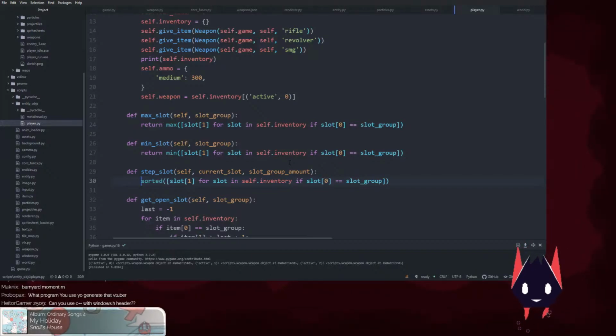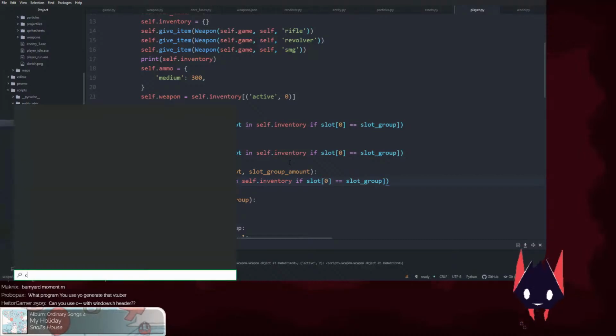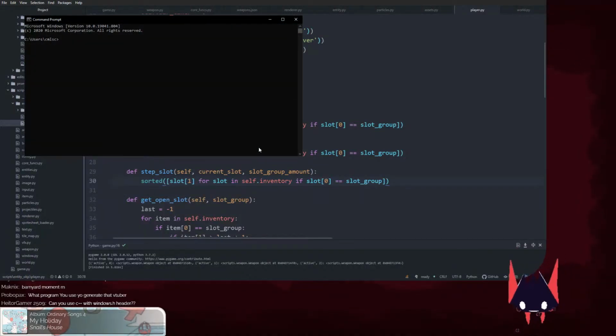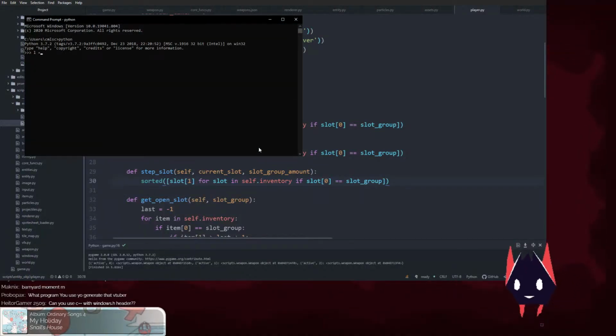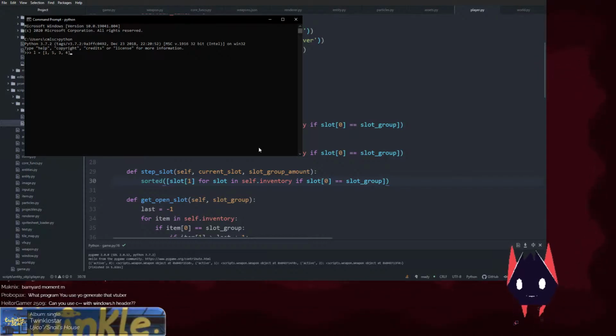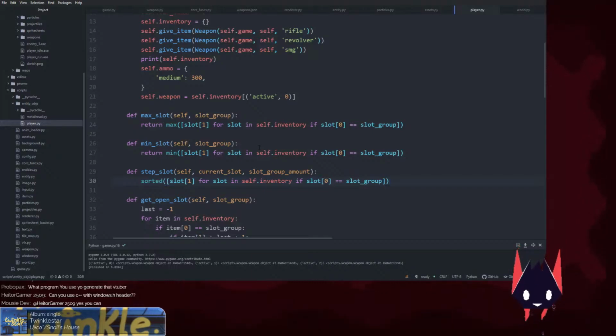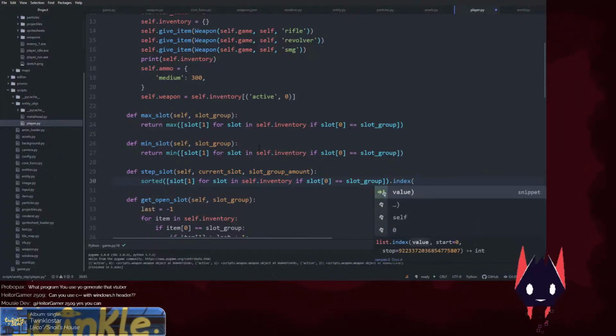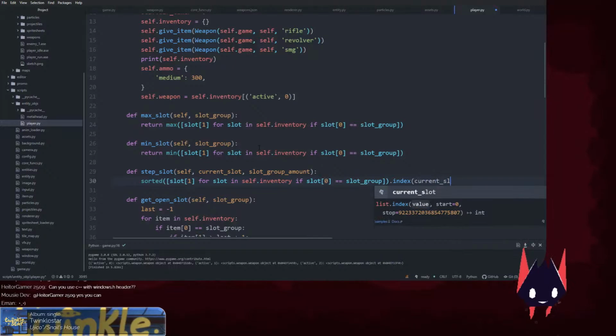Okay, so I technically need to do, what is it? Is it just index? L equals 1534, L dot index 3. Is that how you do it? L dot index 1. L dot index 5. Yeah. So you can get the index of something by just doing dot index of current slot,